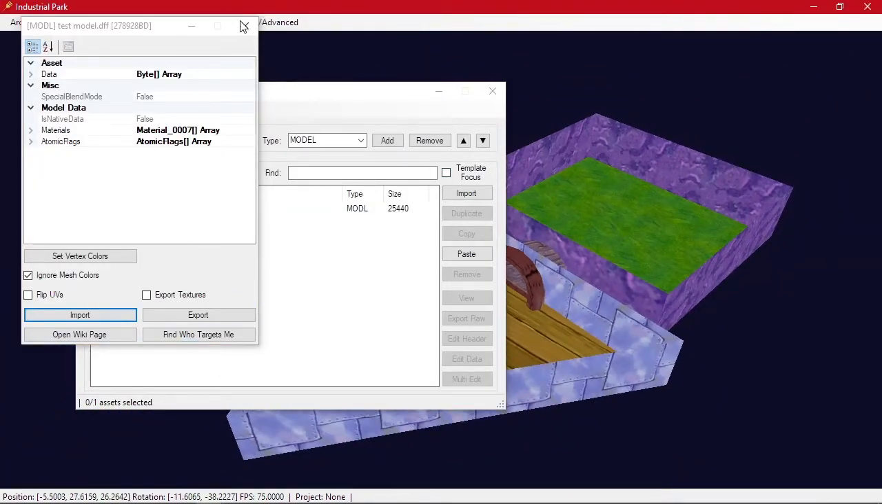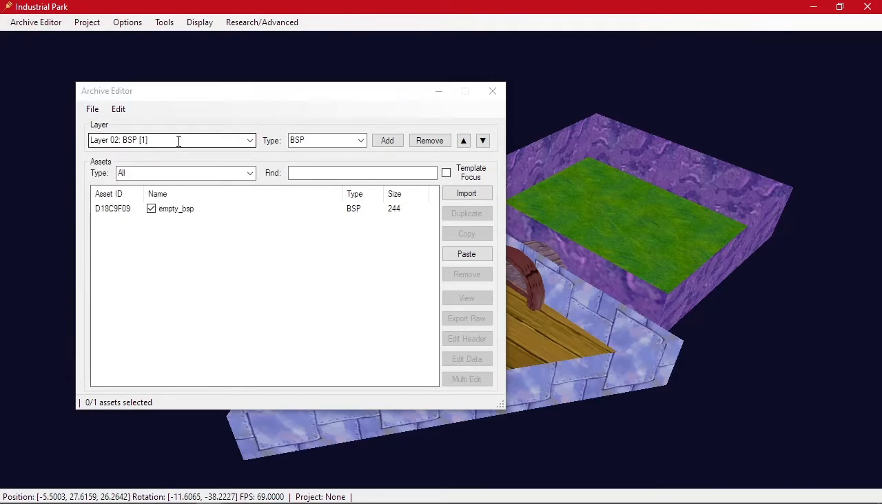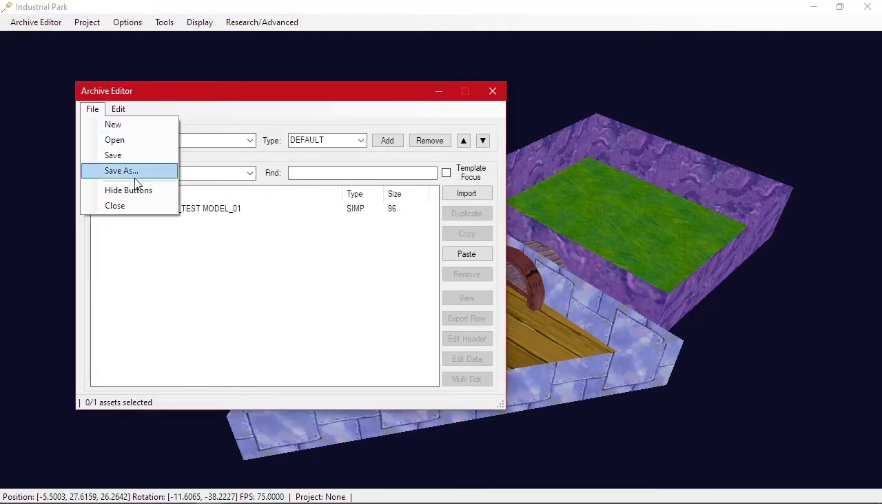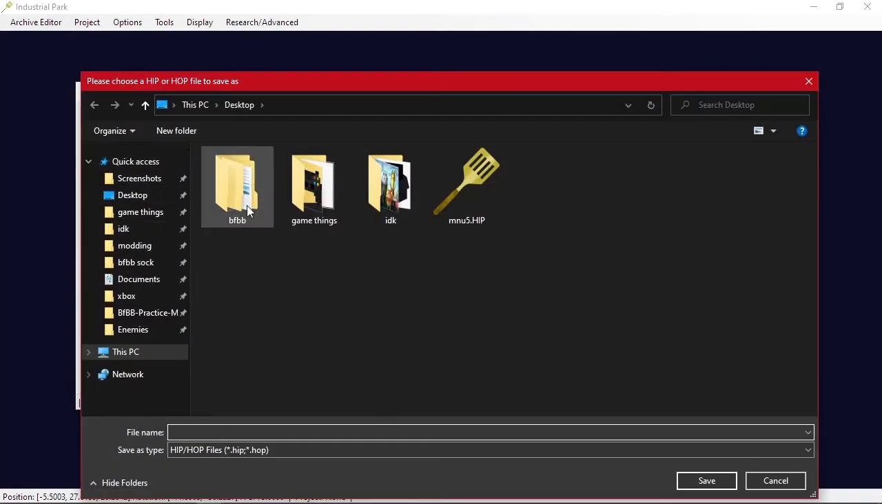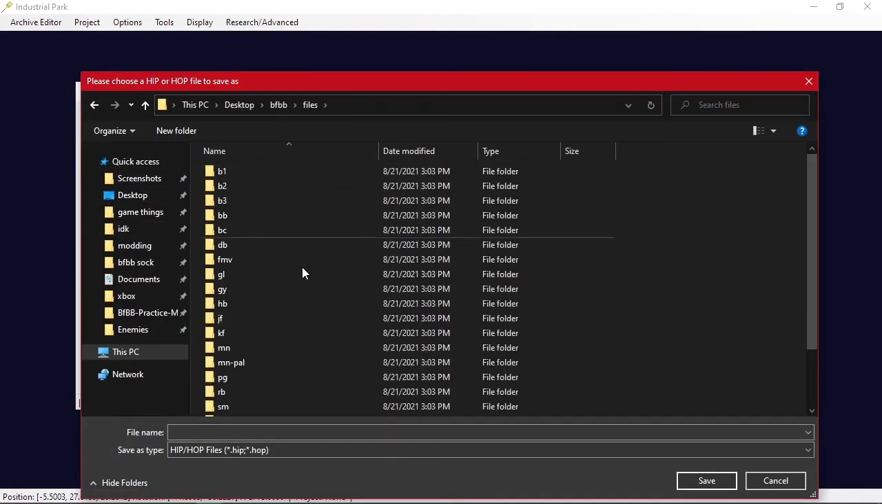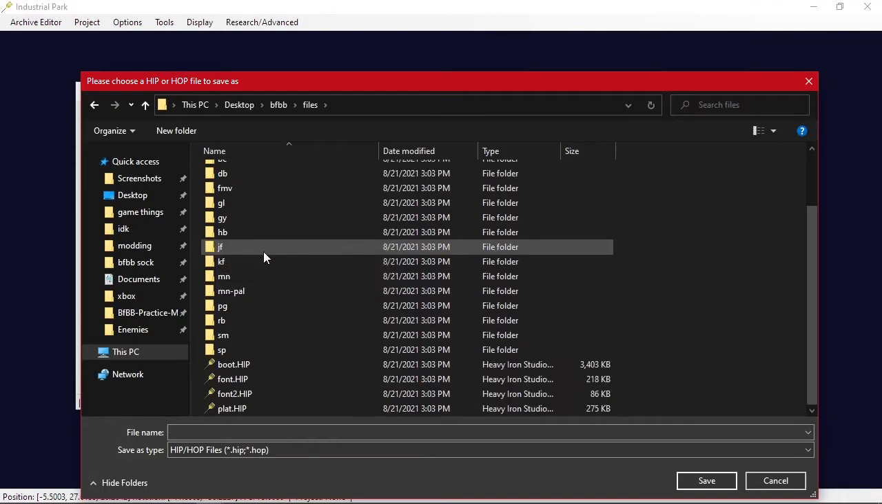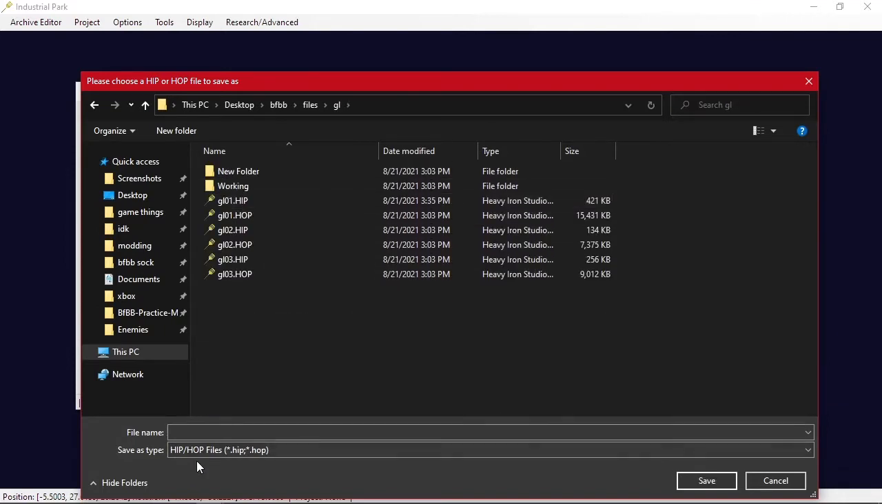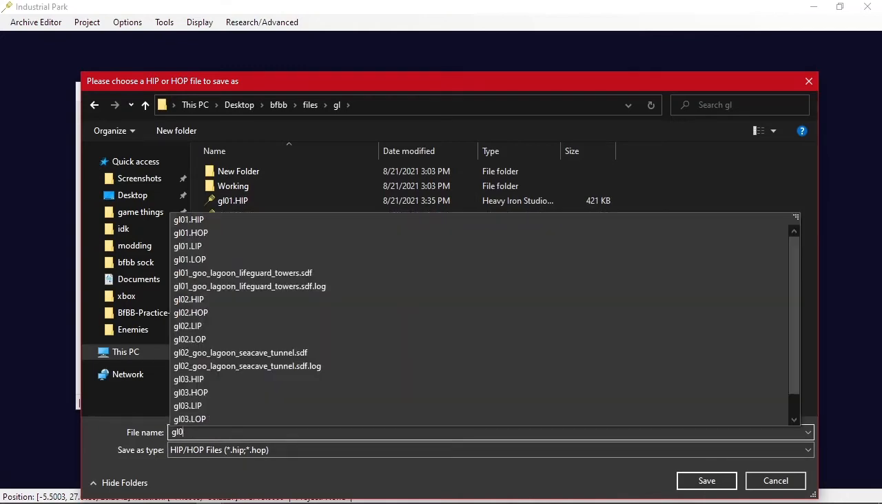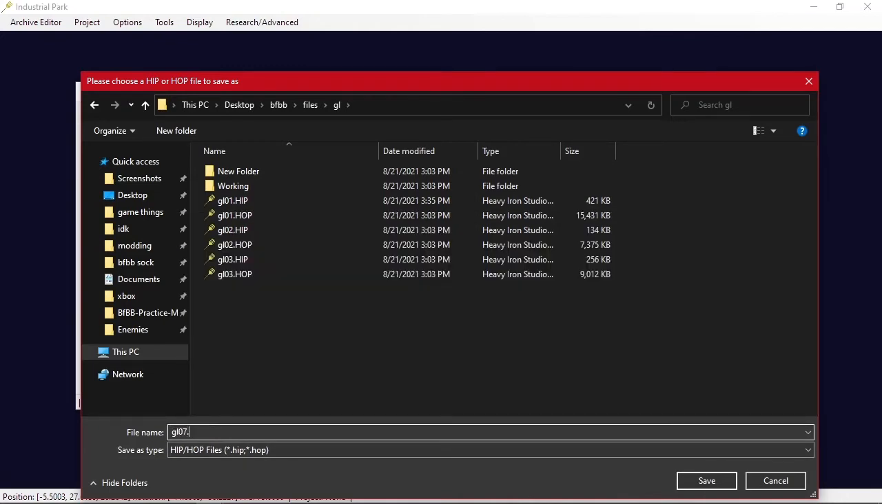So yeah, once you have that, you just save it. And because we have a new file, you're gonna have to save it somewhere. So you can make your own folder. If you don't want to, you can select one of these. So if I do Goo Lagoon, I can do Goo Lagoon 07.hop,